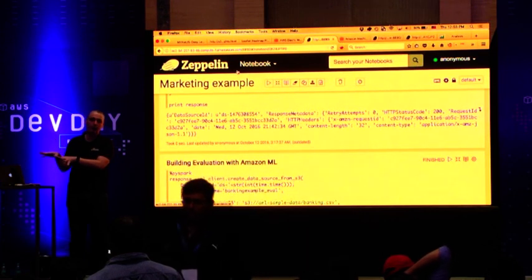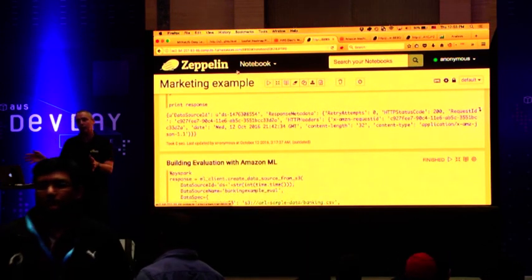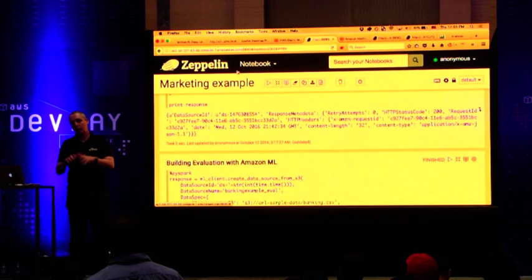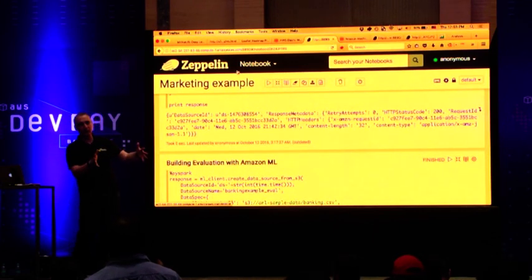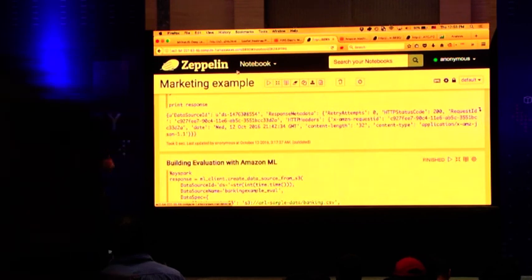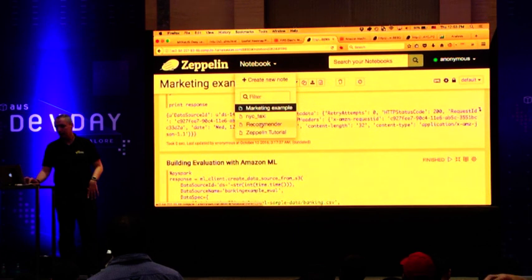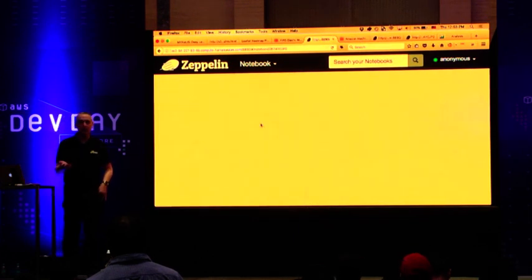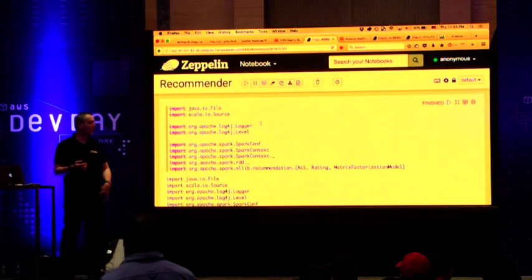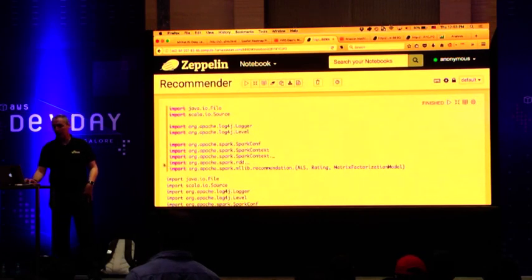We are doing everything for you. This is more designed for the long tail. People who want to automate and have many models and so on. If you want specific models like a recommendation engine, you will use what I'm going to demo now, which is this example. This is still Zeppelin, so the same driver, but now I will quickly run you through